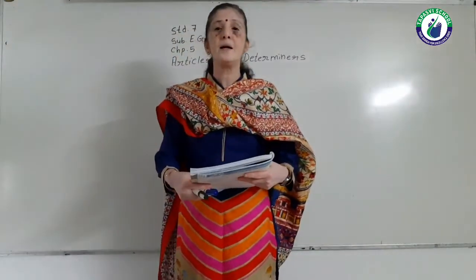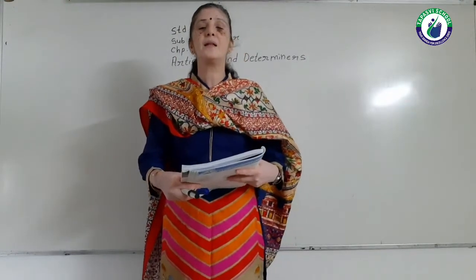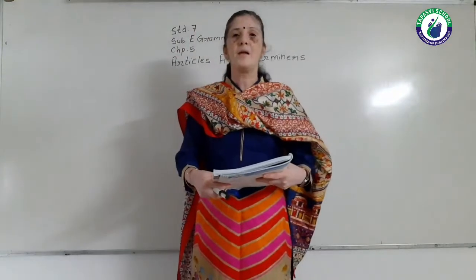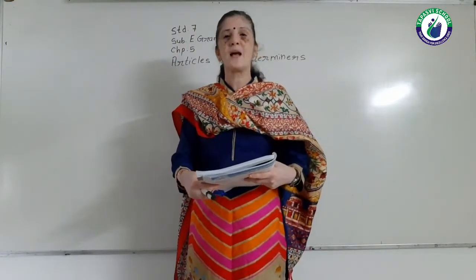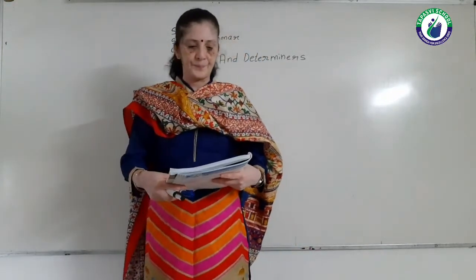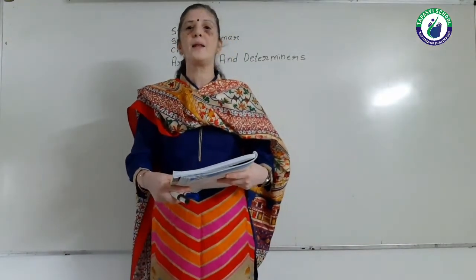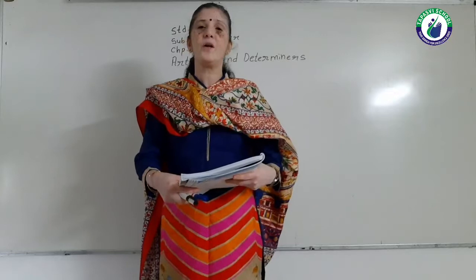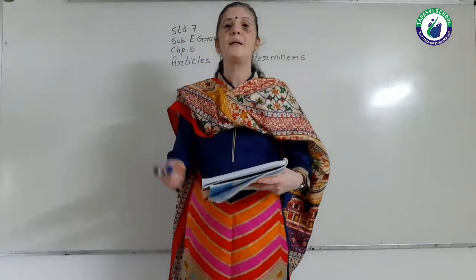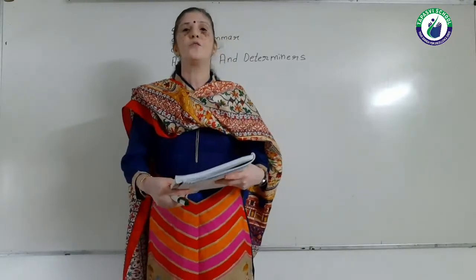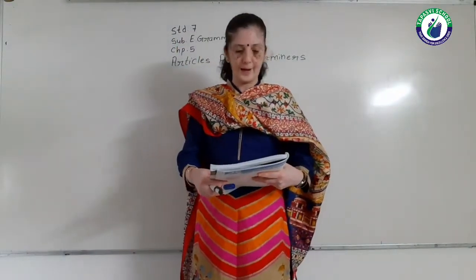E is a vowel, but here the pronunciation of E is "yo". Right? And again here it is a consonant sound. So we have to write "a". A one rupee note. See here, one, O-N-E. The word is written with a vowel, but its sound is a consonant, "wa", right? So we have to write "a" before that.